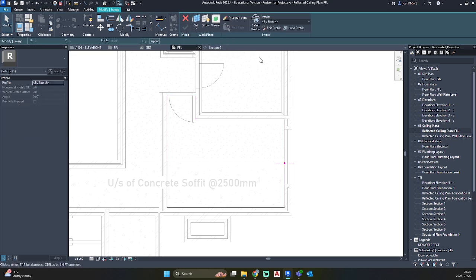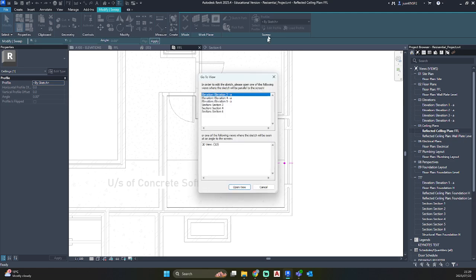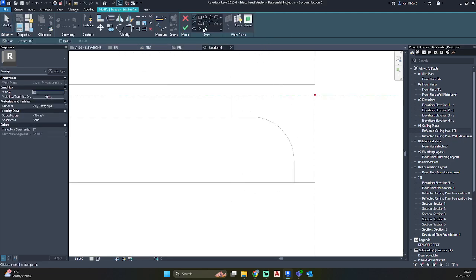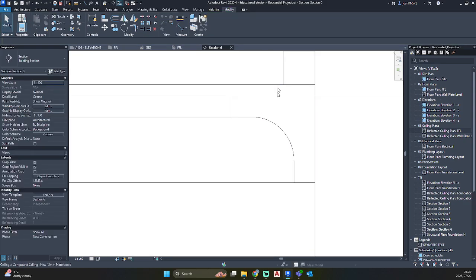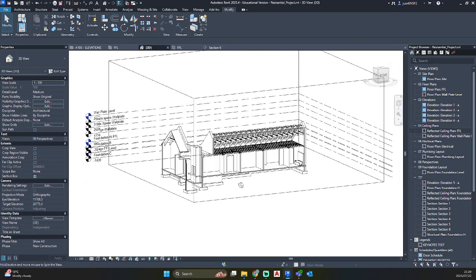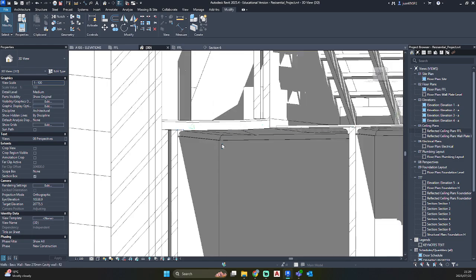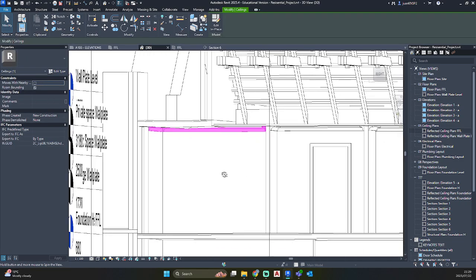Hit finish edit, click on edit profile, go to your section, open view, and now we're just going to use our pick lines tool once again. Let's finish off and go see what we have created. As you can see, there is our corners.